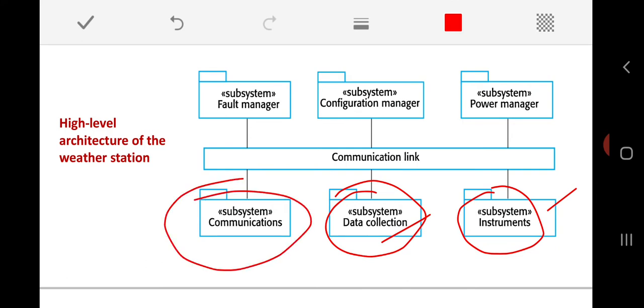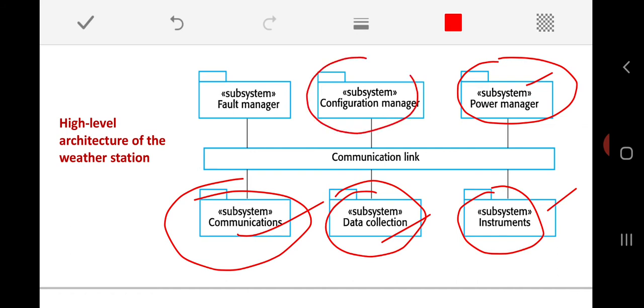Once collected, the data may be sent to other surrounding subsystems like the weather information system by establishing a communication. So communication itself is another subsystem, and to operate the weather station we need power supply, so the power manager is another subsystem.